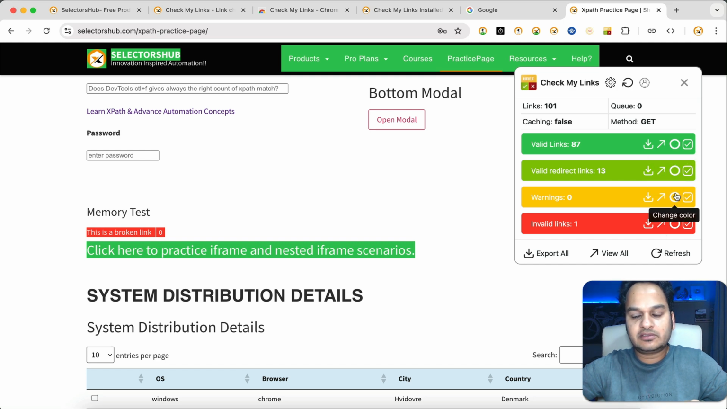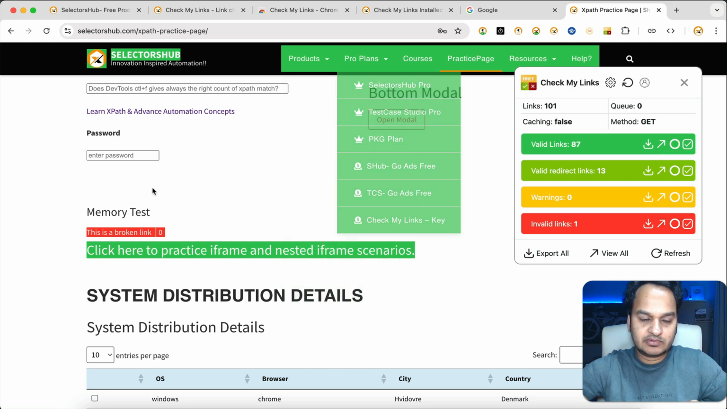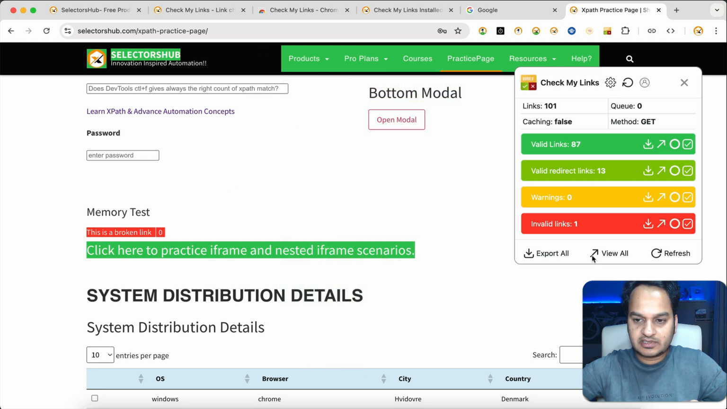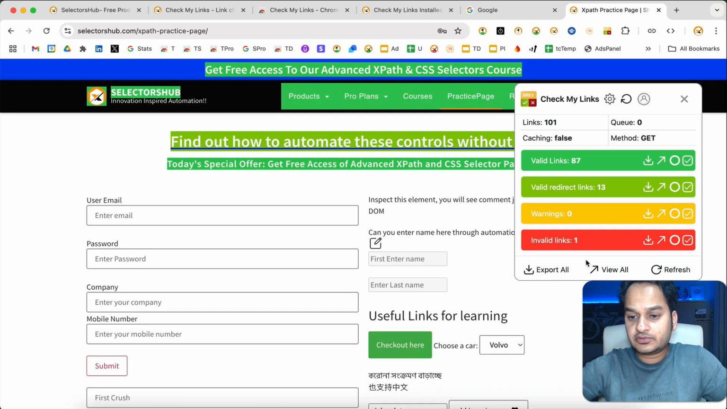And these are the buttons to change the color which has been highlighted. These are the features to hide the color, to remove these highlight colors and just give the number. Now I will explain and show you all these features one by one, and what all these icons are. Now suppose you want to view all the links and the complete full report, then you can click